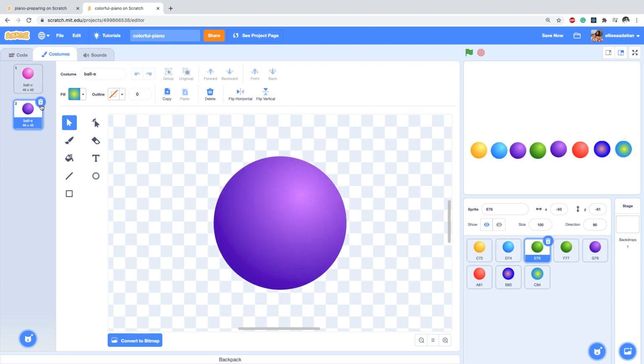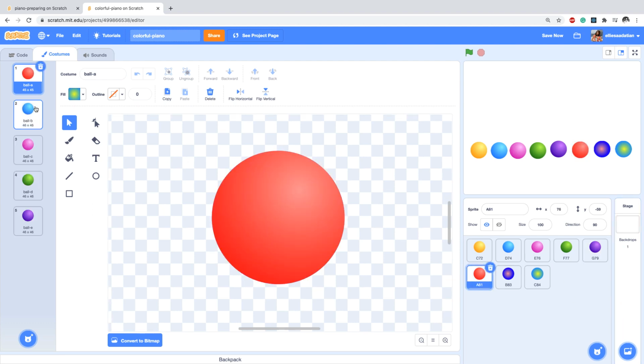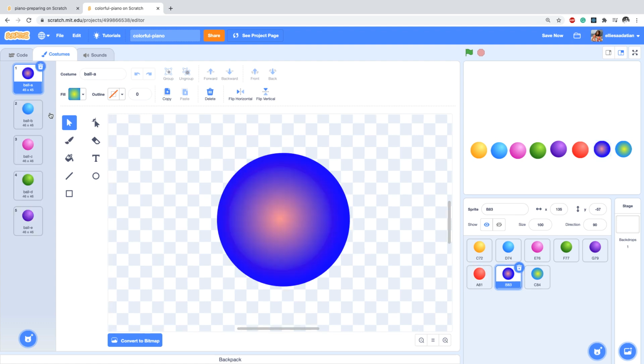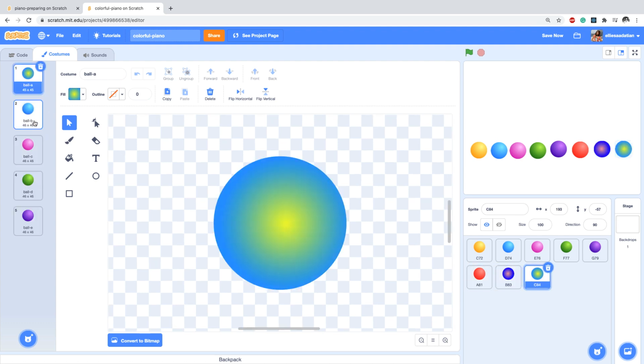Here the same. So I'm just gonna repeat this. I'm deleting every extra custom and I'm only keeping the first one. So delete, and delete